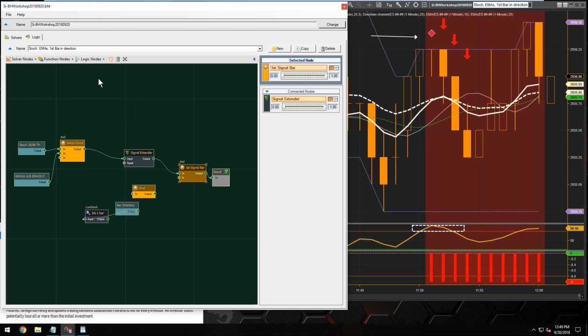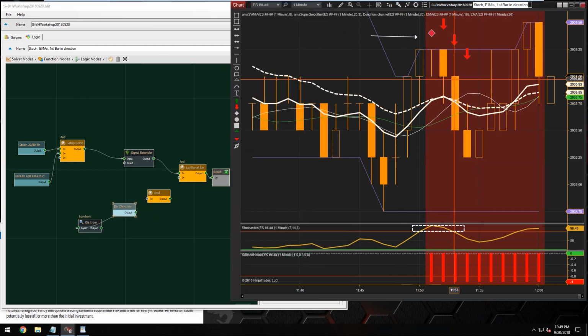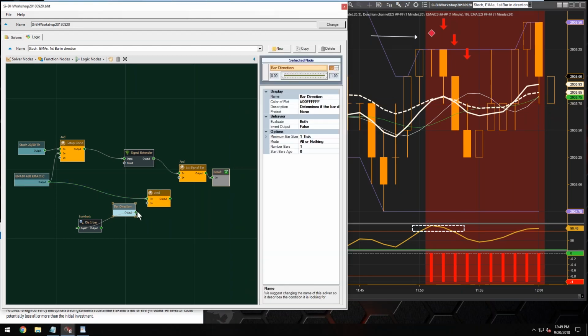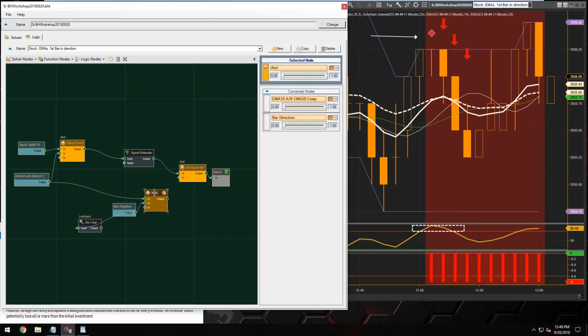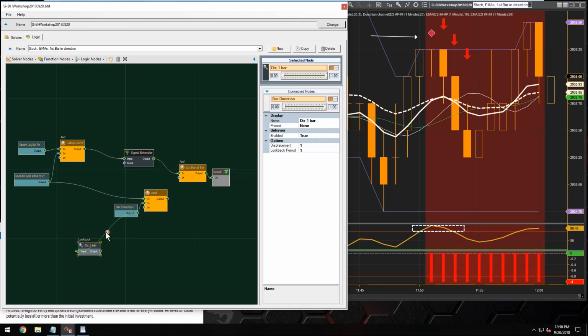So I'm going to need another AND node. So really our signal bar actually has a condition to it, right? So our signal bar, which is basically a bar in the direction of the trade or direction of the signal, needs to have the EMAs crossed in the same direction as the bar direction as well. So there actually is a qualified bar direction to this. And so,